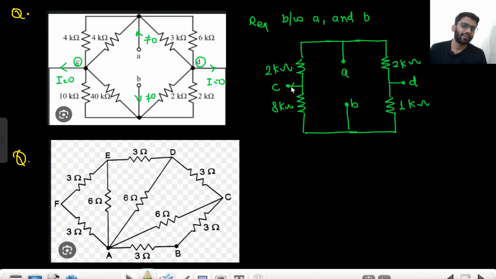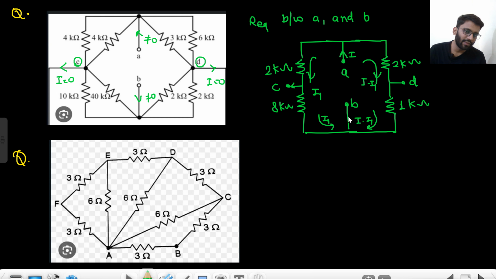Now tell me, is there any current between these two? No. There will be some current I here, right? If I say there is I1 current flowing on this side, the same current will be flowing in the 8 kilo ohm as well. So this 8 plus 2 will give me 10 kilo ohm, and the same current will be flowing here. The I1 current will not be flowing here, because I1 current is going this way, so I minus I1 current will be going this side. From here I am saying that I have I current, so this I1 current is going this side, so I minus I1 current is going this side, right? Here we have I1 current, here we have I minus I1 current.